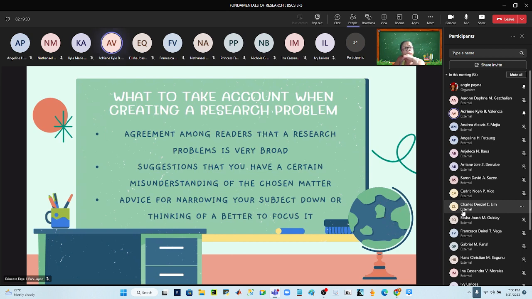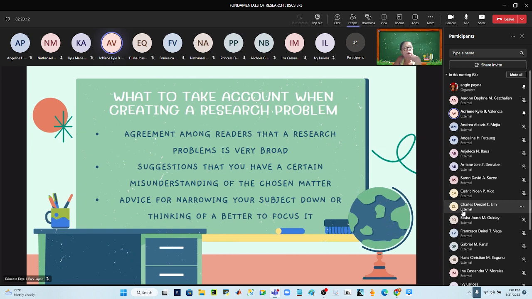So, something to help you formulate that research problem is palawakin nyo muna yung research problem. Alamin nyo kung ano yung mga underlying questions and problems na may encounter mo in that certain topic. So, you got COVID-19. Branch out pa natin yan. You got ways to prevent COVID-19. You got how many people in the world have been affected by COVID-19. You have cure for COVID-19 kung meron na or wala pa. Ganun. So, out of those broad perspectives nung research topic na yon, ifo-focus down mo pa, paliliitin mo pa, pakikitirin